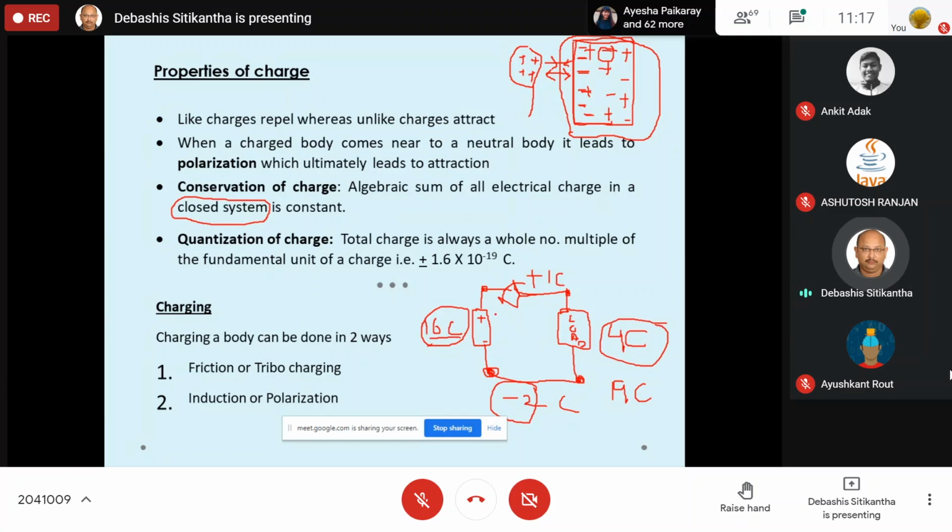So whenever there is a closed circuit, you cannot say how much is the charge, but there is a circulation of this charge. From the positive point to the negative point, the charge will continue to flow. So it is not possible to predict the total amount of charge present on this battery, on this load, on these wires. But the moment I open up, all of them come back to the initial condition. This battery will have 16 coulombs of charge, this load will have 4 coulombs of charge, and likewise. You understood all this?